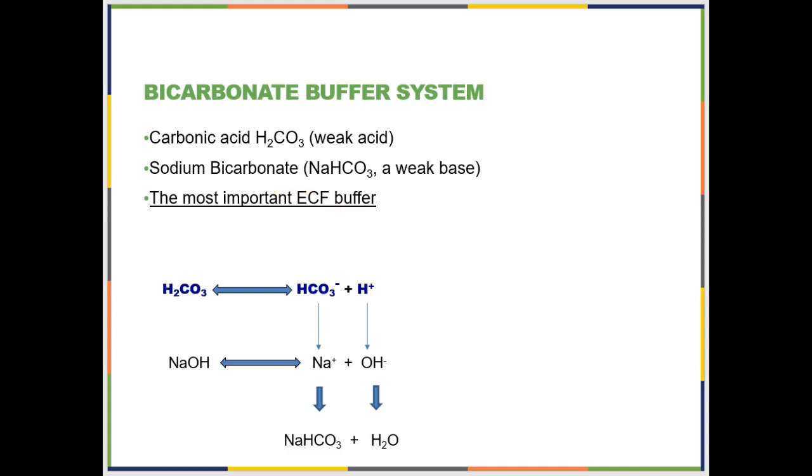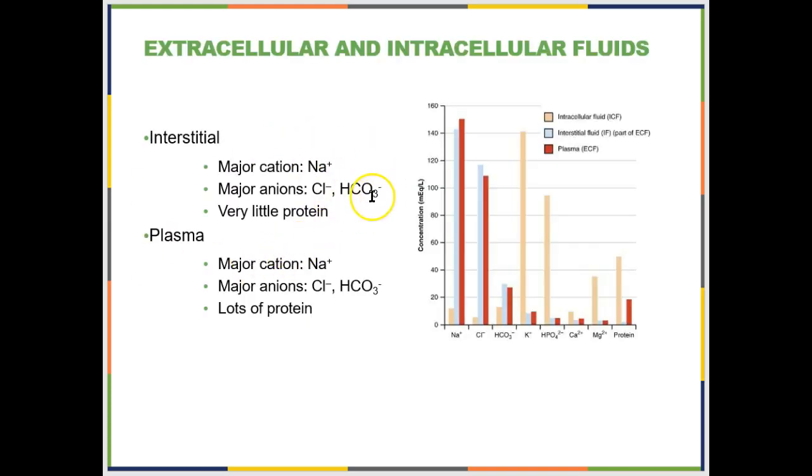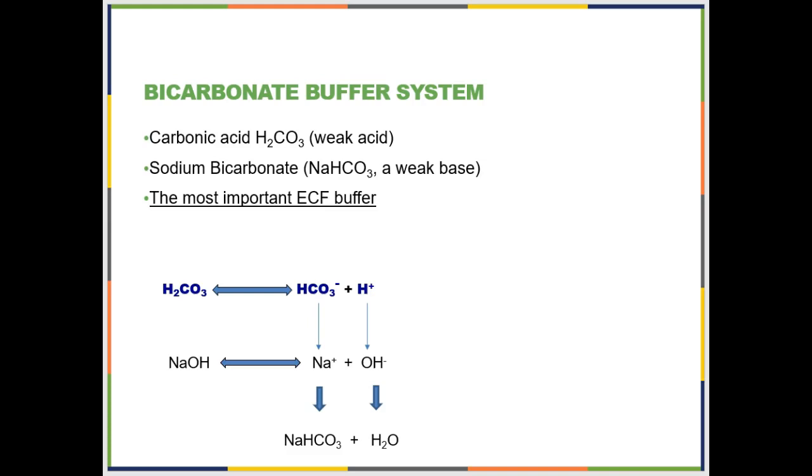So both your plasma and your interstitial fluid are going to use bicarbonate. And if we go back, here's your bicarbonate ion. And there's always lots of sodium, so sodium bicarbonate and carbonic acid are always going to be in high abundance